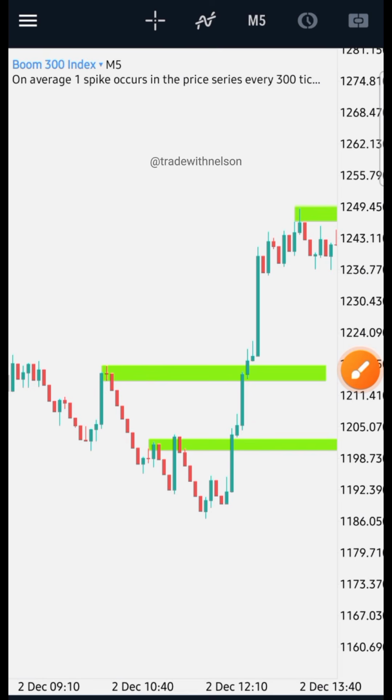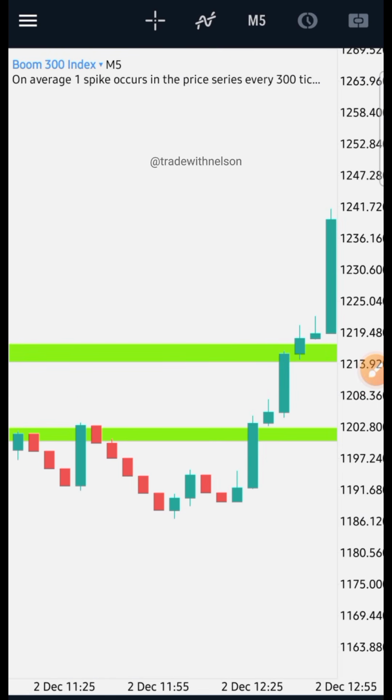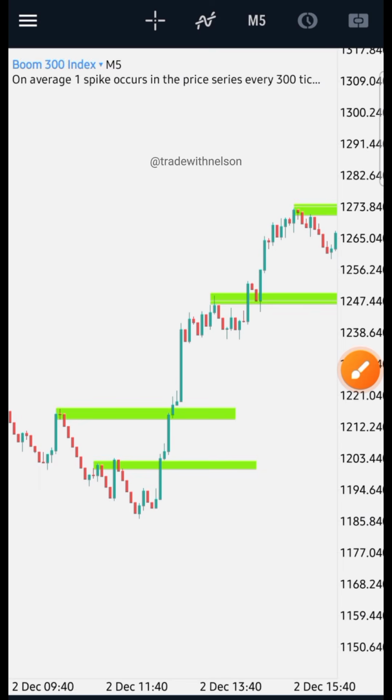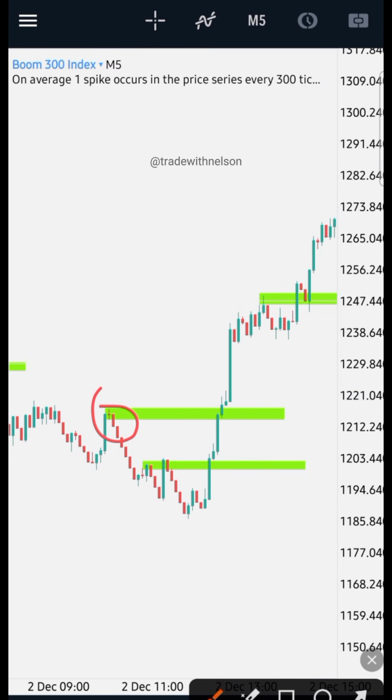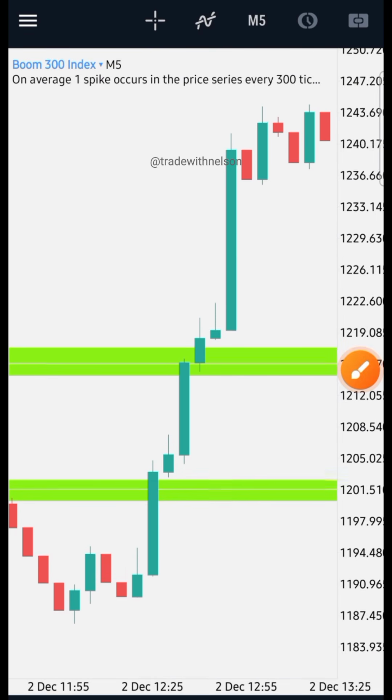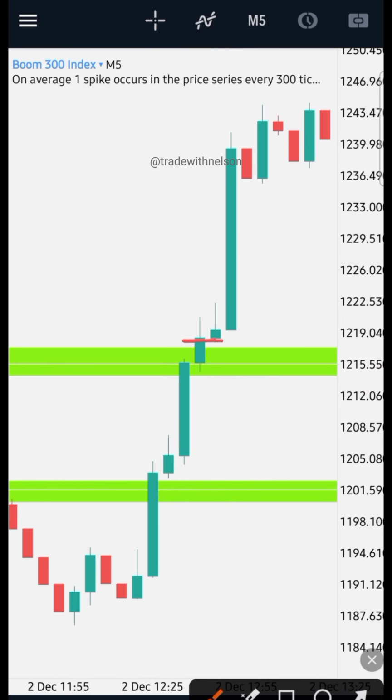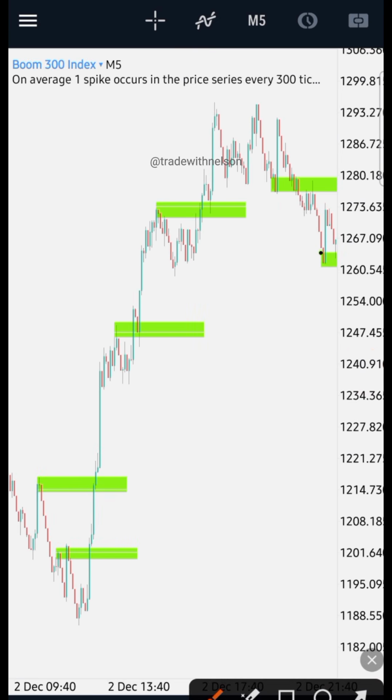And for the uptrend, if we look carefully, we see that this is the zone before it makes its move, and it is going up. Immediately it closes above, we enter a buy. Then if we look, we have a bigger zone here. Immediately it closes above, you see there is no retracement, we enter another buy, and we hold our trade still